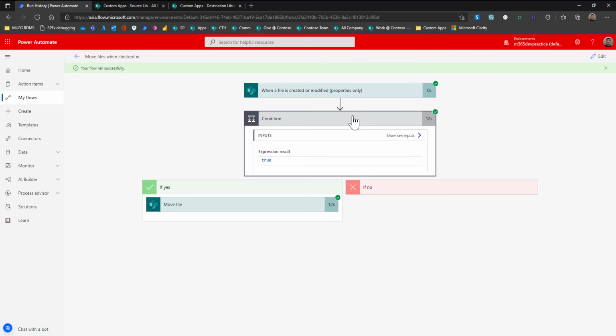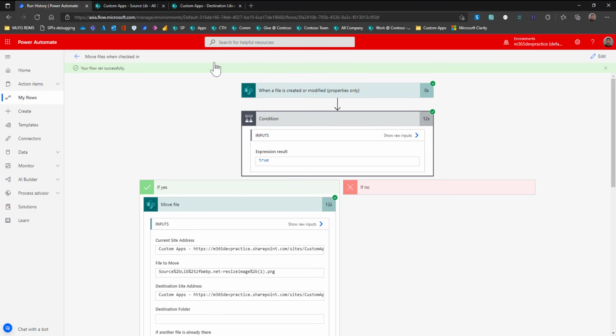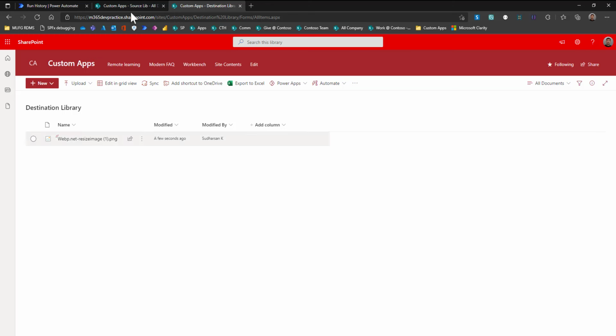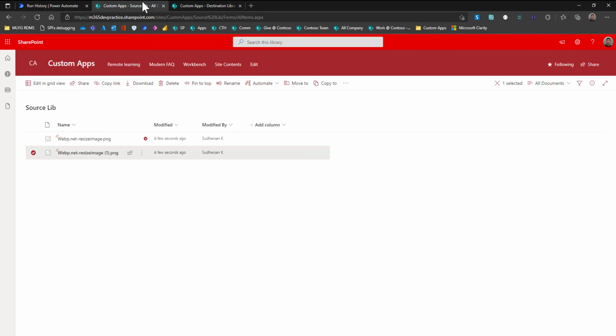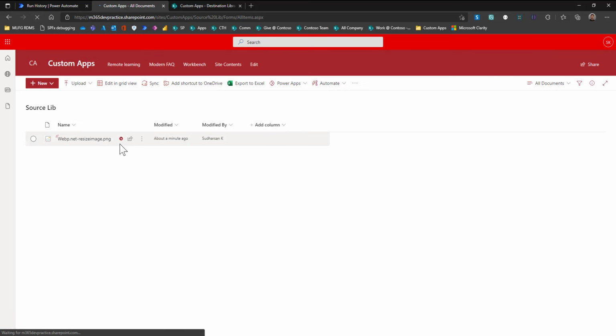Now if you see the condition, it returned true and the move action is executed and the file is successfully moved to destination library. So if you see here, the file is successfully moved to the destination library. And when I refresh this, see, it is moved.